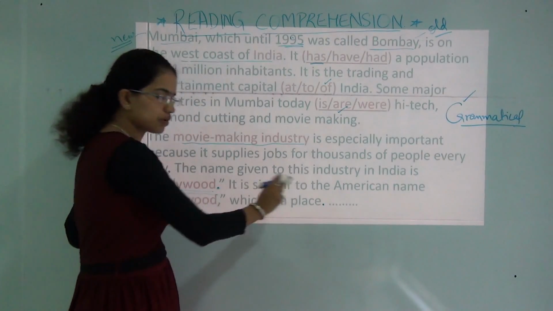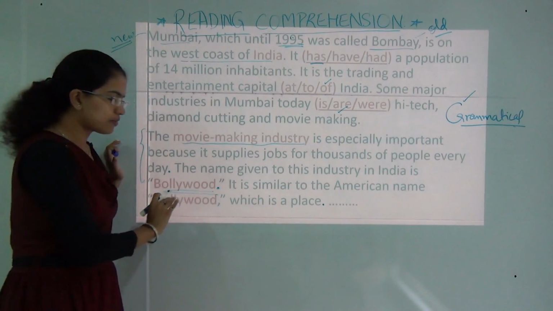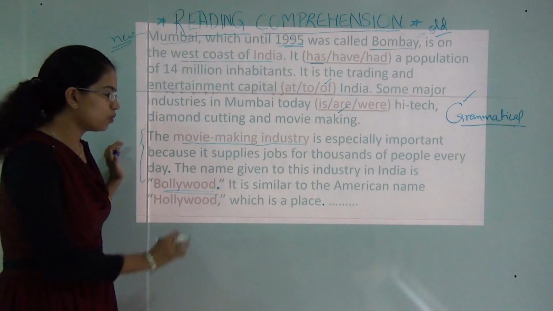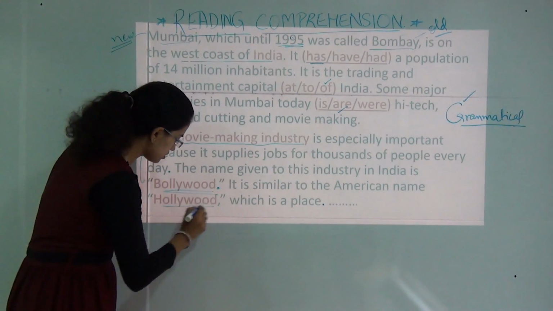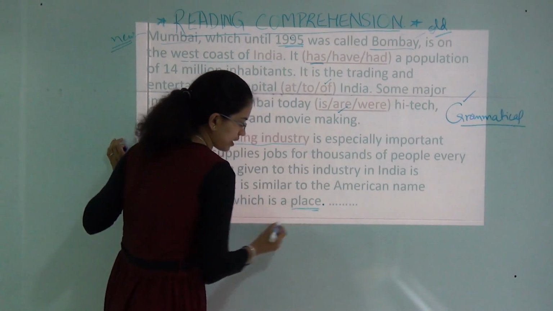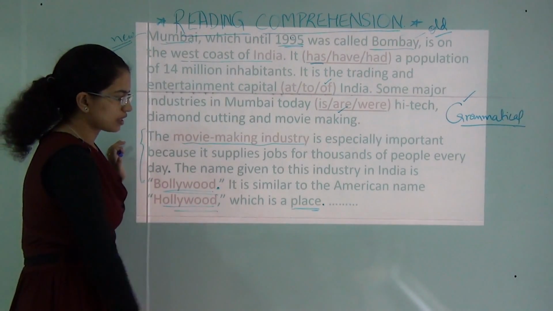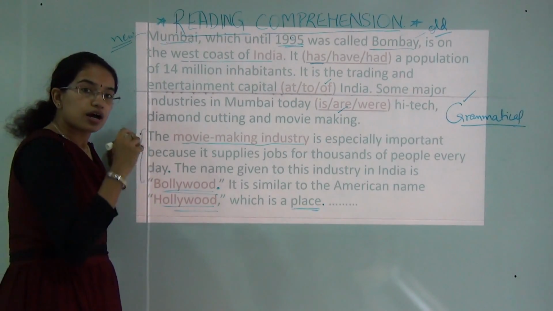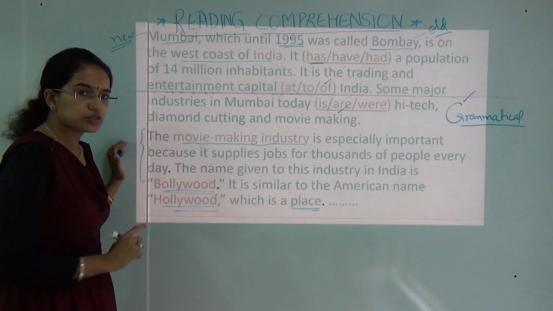I have to refer to the next sentence, and I am trying to connect that the name Bollywood is popular in India, while in America we call it Hollywood, and also this Hollywood is a place in America. Like Mumbai is a place in India, you can be asked. So in this question we are trying to connect ideas. Now next question